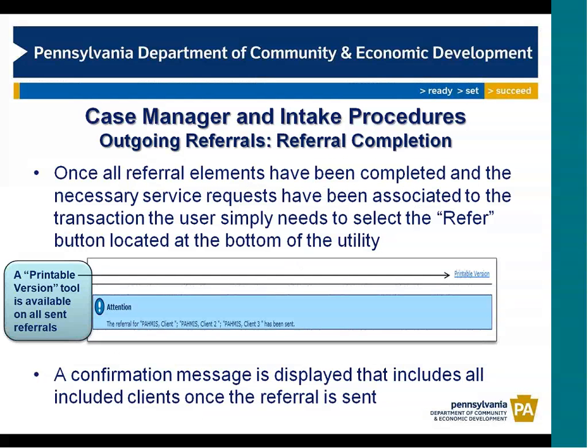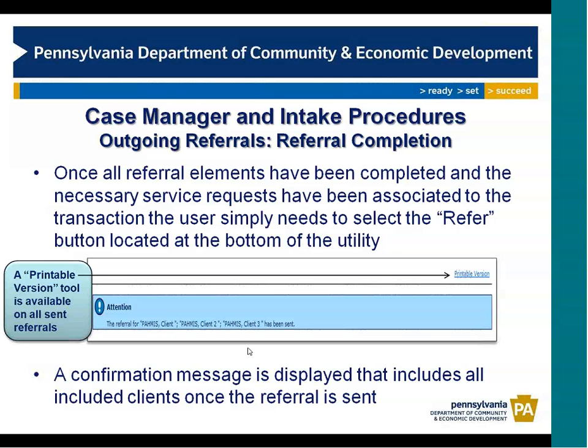At this point, once that information is fulfilled, depending on the requirements of a service or housing-based referral, the refer button at the bottom of the screen needs to be selected. It has smart logic so that it only becomes available once all the requirements are met. Once you click that, the system will show a confirmation message, and we always ask that you look for it. It will be at the top or the bottom of the screen and says that the referral, including all the included clients, has been sent. Once you get this confirmation message, you can feel pretty comfortable that the referral was sent and the